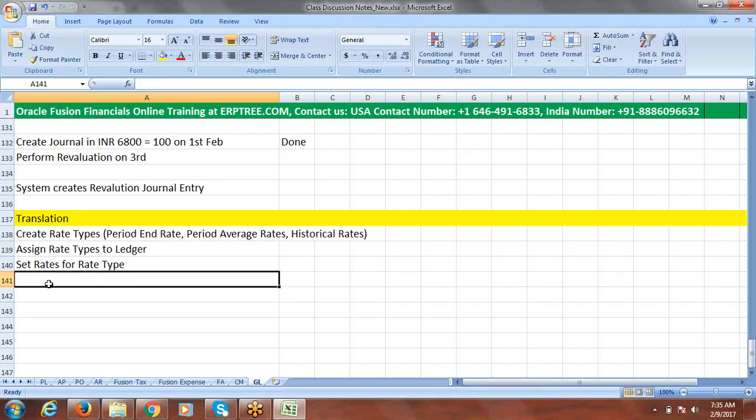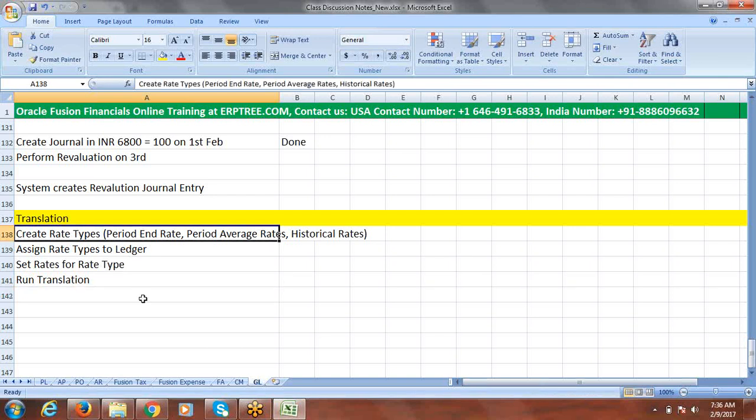After completing this, we can go on to run the translation. So this is what we are going to do as part of the translation concept.